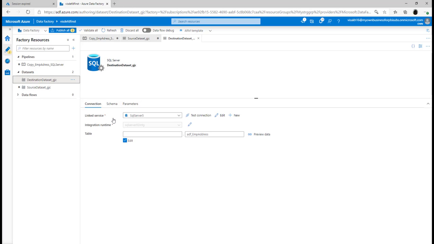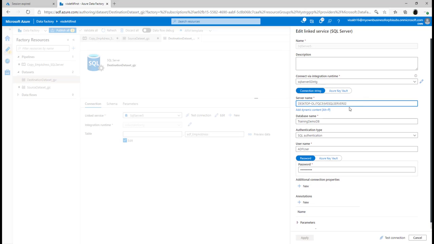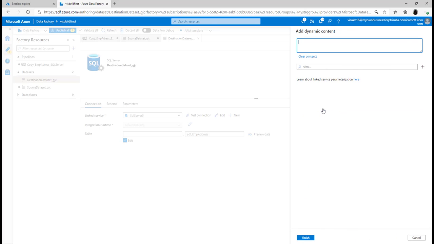There you can see the linked service which is currently pointing to your SQL Server. You can click on edit. Inside that you can see the properties for your server name, the database name, the username and the password. Whichever properties you need to change, you can click on the top of that window. Automatically the dynamic content link will be activated for that corresponding property. Click on the dynamic content link and again you will be provided with the same interface you saw in the